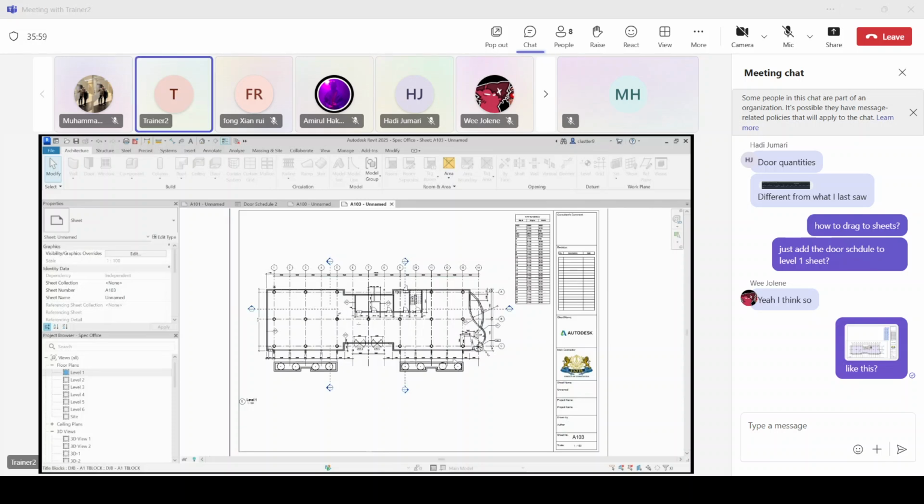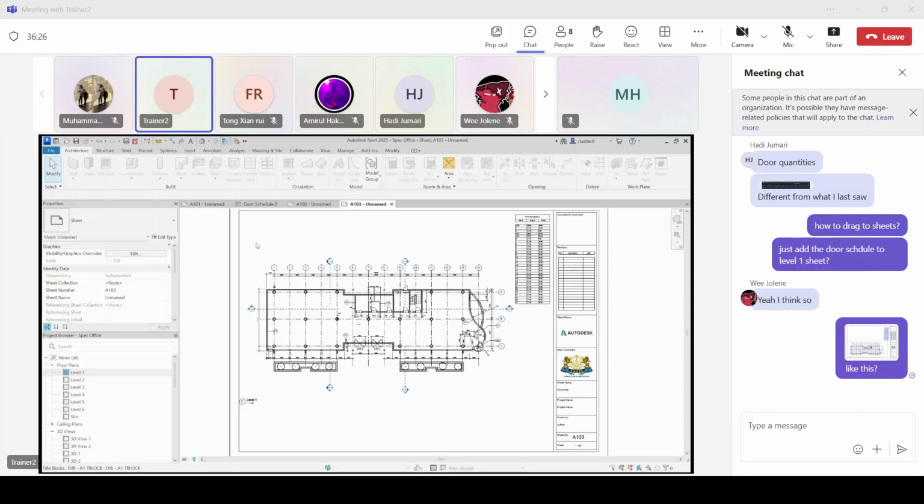Hadi, can you share? I think your door schedule is already existing, but I don't want you to use that one. Please create a new one, because that one is quite complicated. It's up to you. I only require you to do those schedule fields. Okay, Hadi. Jing already created one, so I think everyone can create themselves.